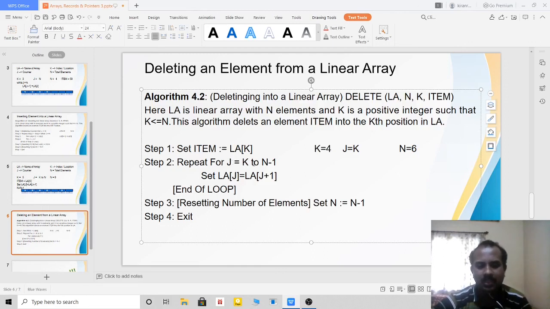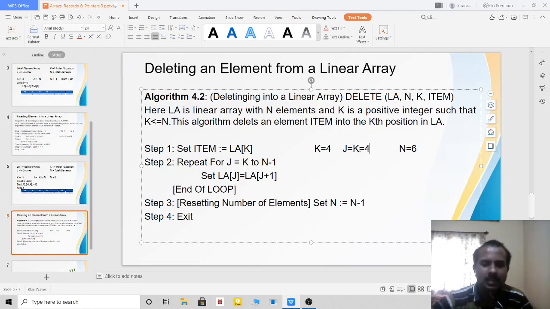J is equal to k, that means it is now equal to 4. To n minus 1, that is j lesser than or equal to 5 condition. Whether the condition is true? Yes, condition is true. 4 is lesser than 5.